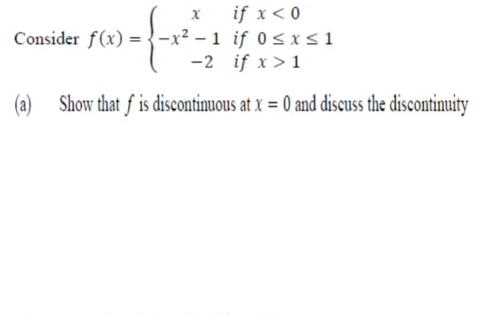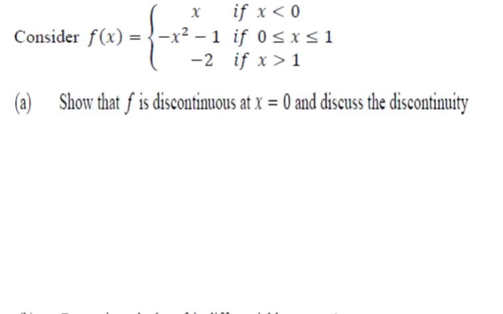Right, so let's have a look at question 3. We have the following function. We need to show that this function f is discontinuous at x equals 0 and discuss this discontinuity. Now, first of all, when we're checking continuity, we need to check the limit from the left and the limit from the right. So first I'm going to have a look at the limit as x tends towards 0 from